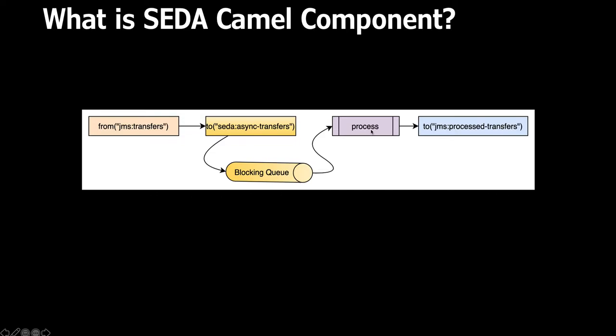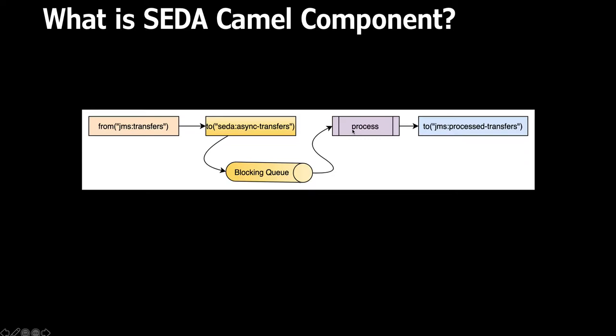Once your processing is finished, of course you have this end producer connected. This is where your messages will be submitted. One thing again we have to remember here: in the SEDA model, the same message travels on the same route to the endpoint over here, right?